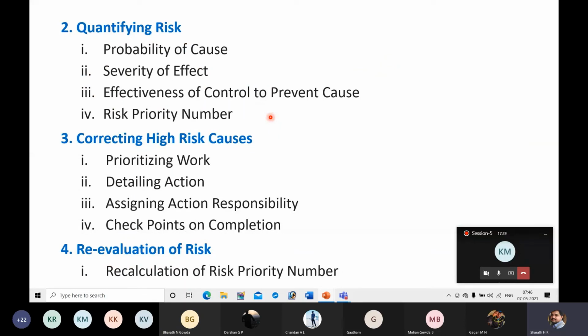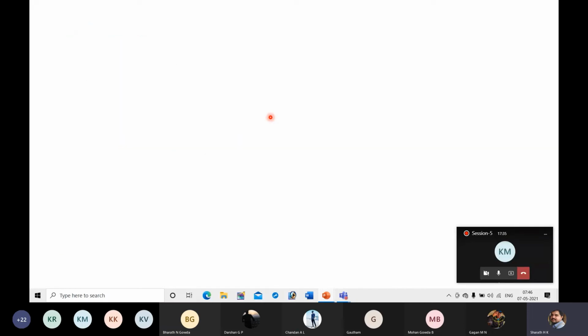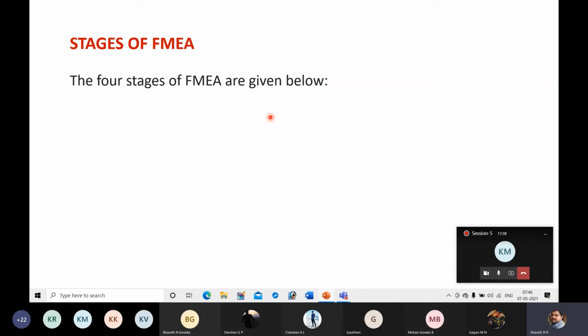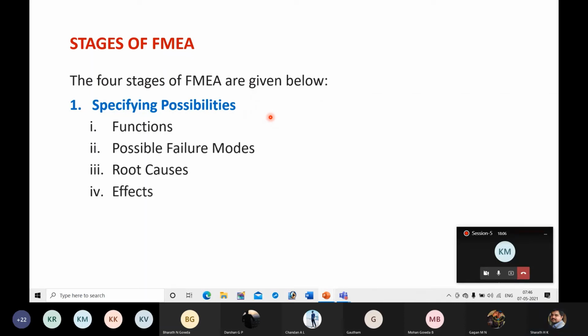It can be implemented in various fields. Now we can consider the example of failure of the system to handle the crisis of this corona pandemic. So, specifying possibilities, you can identify what the reasons are for the present crisis, whether it is because of the government, or the people, or the virus, or the healthcare system, or the political system, or the society. Like that you can find out the possibilities for which the system has failed. You can go through all these things.